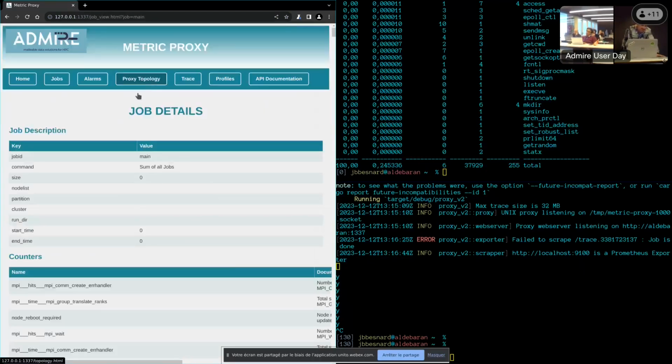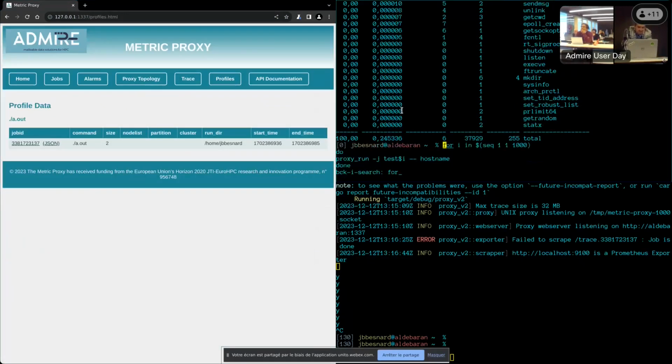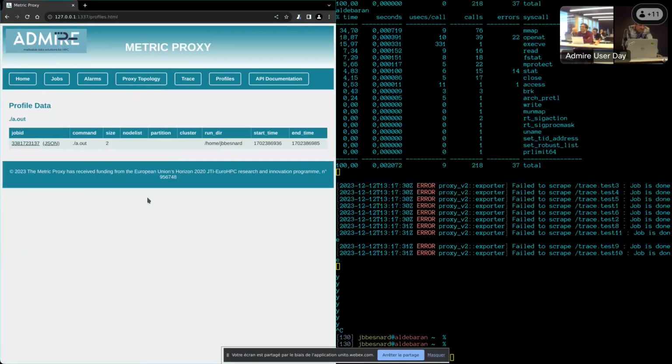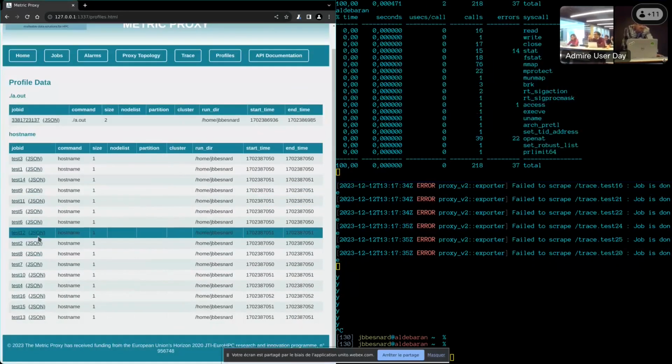And we can do the same for the various metrics. When a job finishes, it will generate a profile. So let me generate more jobs. I have a command doing a seq, maybe 1000 is a bit crazy. I don't want to trigger the demo effect. So I will just run hostname. And here you should see the hostname popping in.